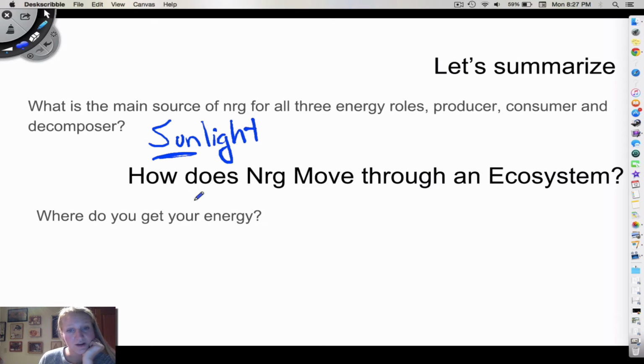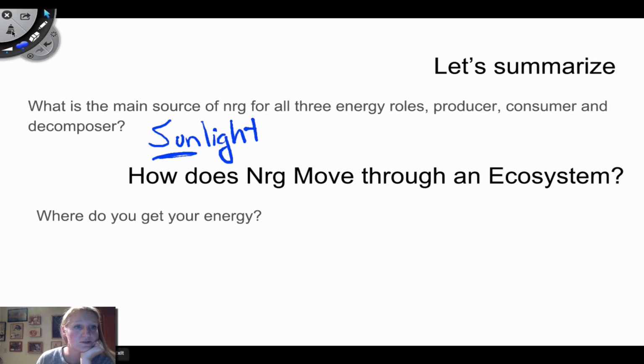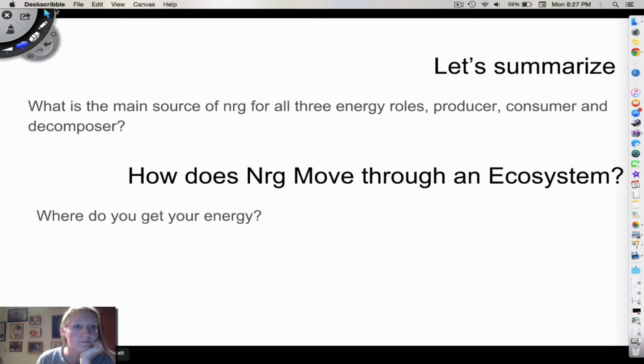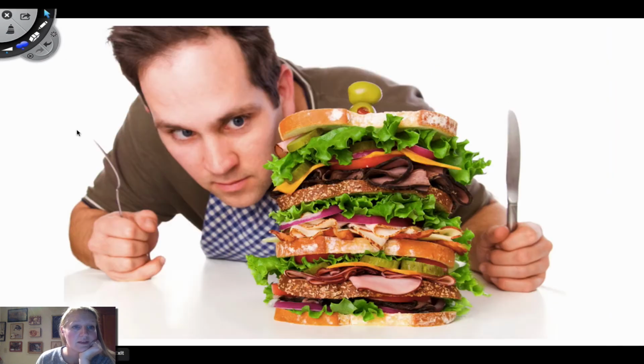So when those plants are there, how does energy move through the ecosystem? Plants are the ones that have it, so where do we get our energy? And as you can see, it is from the eating. Okay, we have to eat. Okay, we don't have to eat meat. We don't have to eat a lot of these things, but as long as we're eating something, we tend to be getting energy. And if you have noticed, the one thing that we sometimes pay attention to when shopping is the number of calories that are in food.